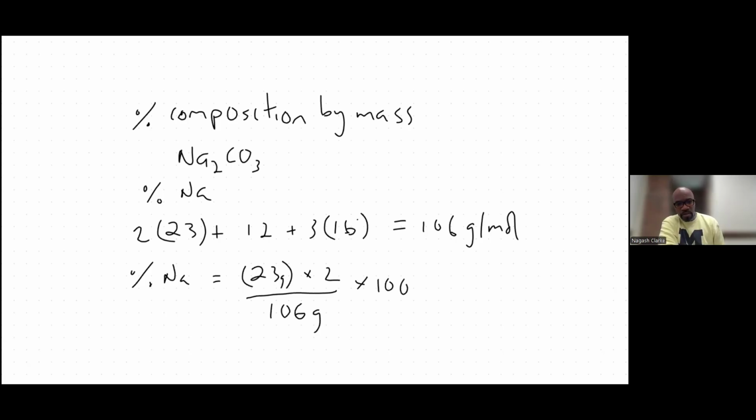It depends on how many of the element are in the compound, which is where this number comes in. If it was oxygen, this number would have been 3, and this would have been the molar mass of oxygen. So when we do the math,